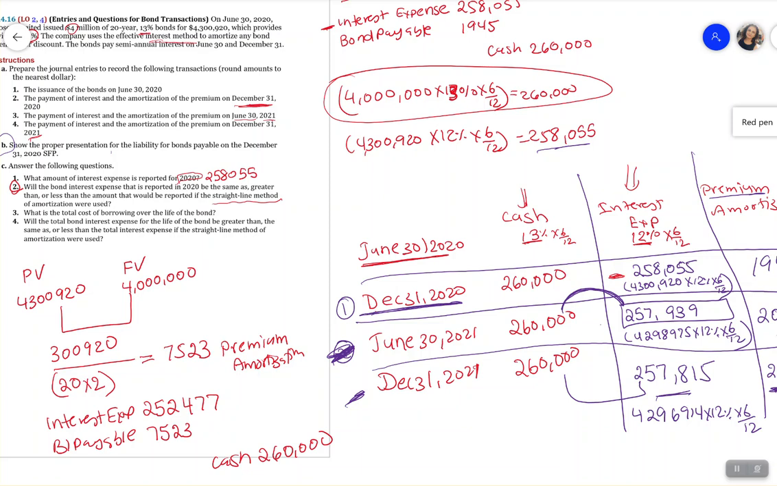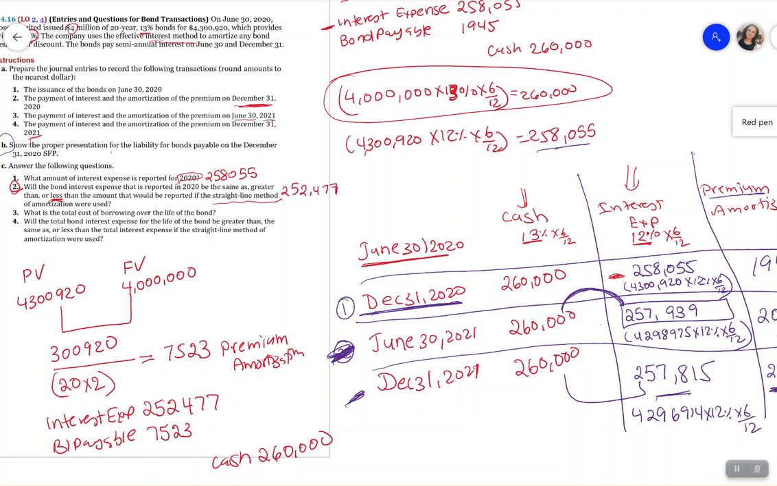It's not the same, so we know it's not the same. Is it greater than? No, it is not greater than. It is less than. So the answer is it is less than. What are you comparing it to? The interest expense under the straight line was